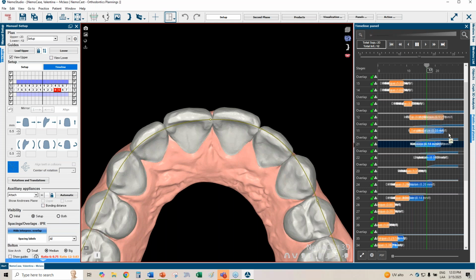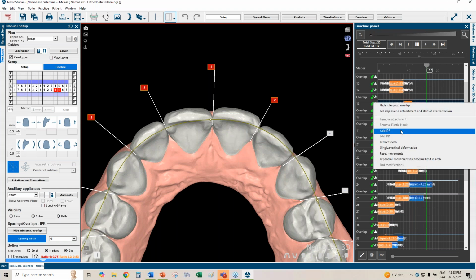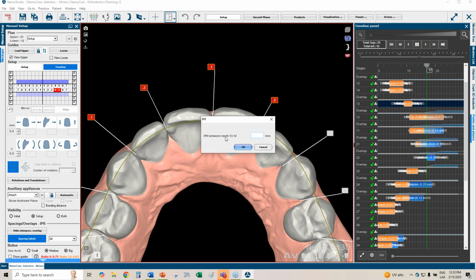When we place the IPR on the timeline, nothing is going to change the meshes. So for example, if I activate the spacing labels right here, I'm not changing the quality of the mesh, right? Let me just place, right click on the timeline, add IPR, and it will tell me between which teeth I am placing it. So between 13 and 12, right here, when I have a 0.1 contact, I'm going to place the full IPR because everything else is linear movement, okay? So before this, between,